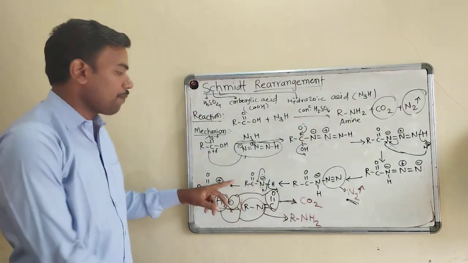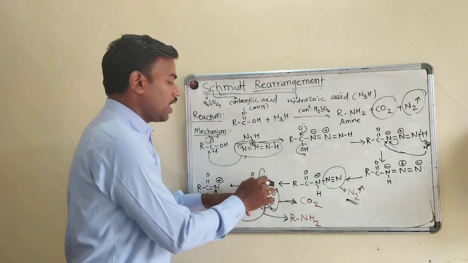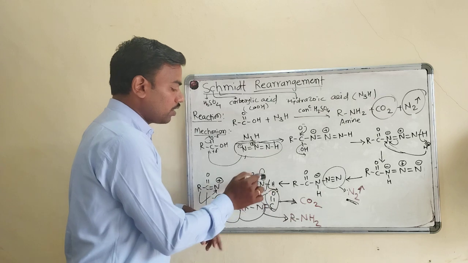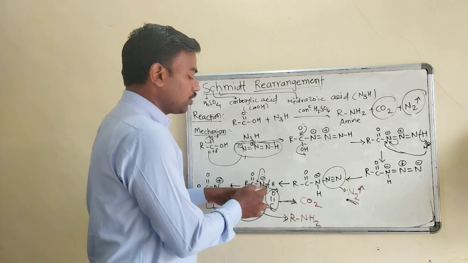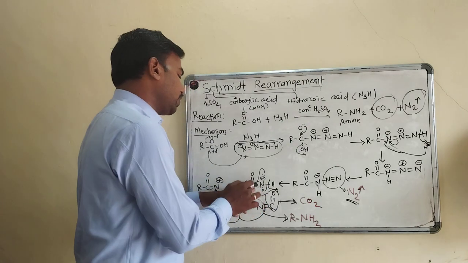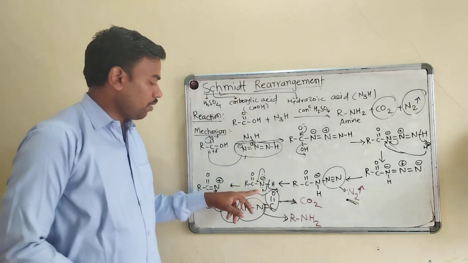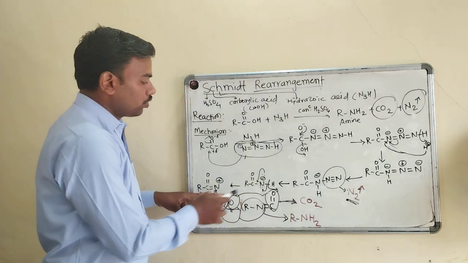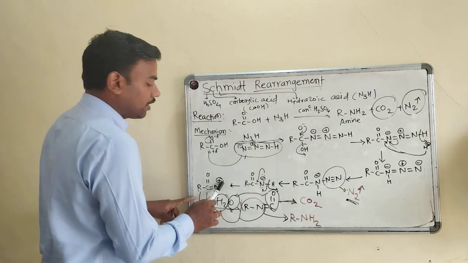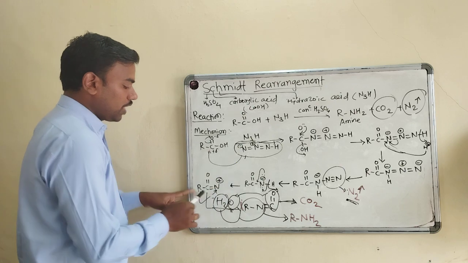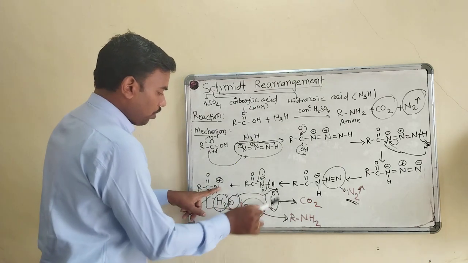In the next step, what will happen? This hydrogen is again removed from this nitrogen. During the removal, they leave these 2 electrons over this nitrogen, and the excess electrons are shifted from this nitrogen to this carbon-nitrogen bond. So they form a double bond here. Nitrogen contains positive charge, so again R is attracted towards this positively charged species. So the structure becomes R N C double bond O.